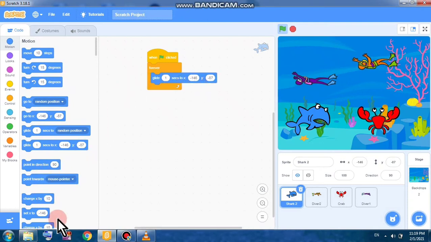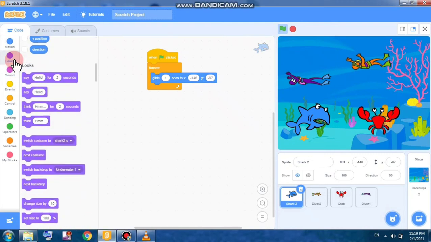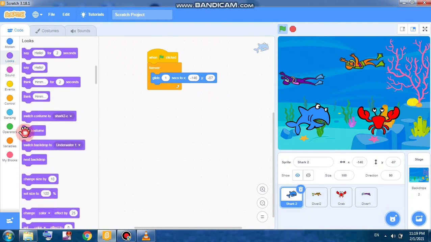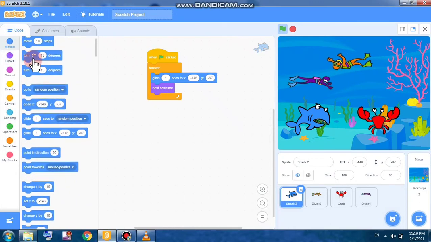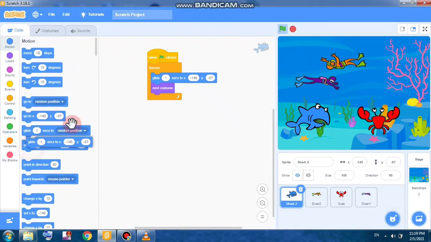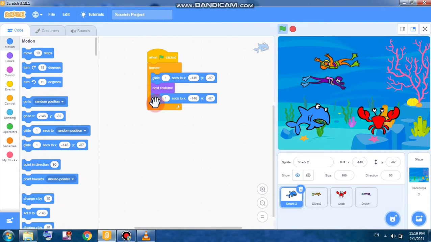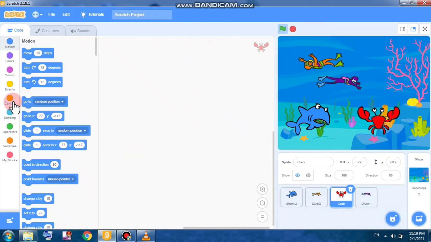Then we will go for the next costume. हम लोग इसका क्या करेंगे, costume को चेंज करेंगे जैसे नेक्स्ट में किया था, and again we will take the same option जो पहले ले लिया था. So we will be taking this one once again. ठीक है. And now we will go for crab, and here also we will give something like